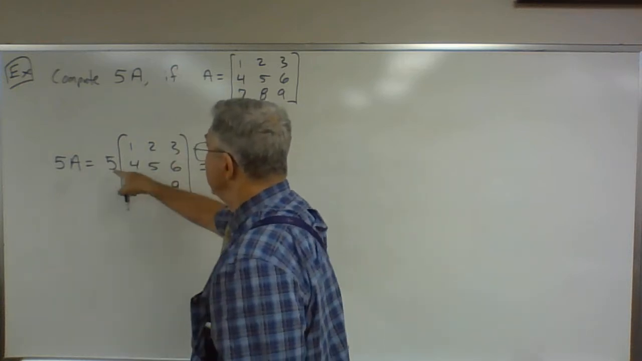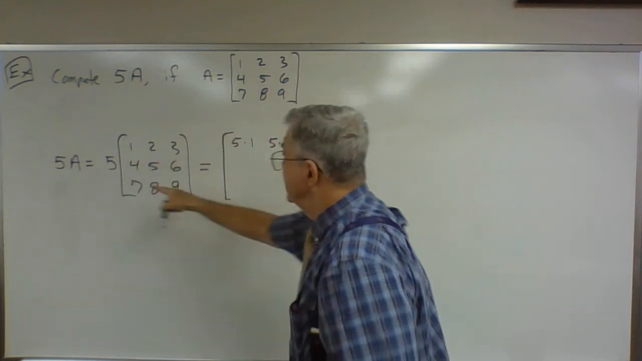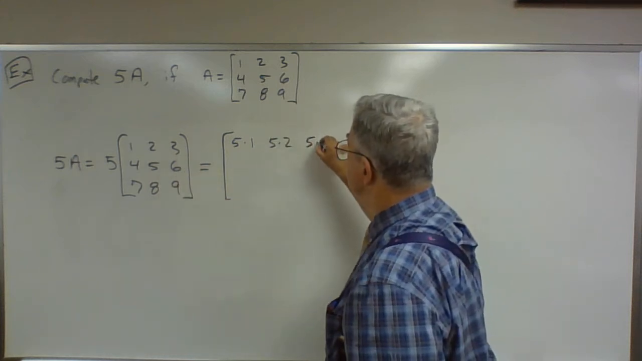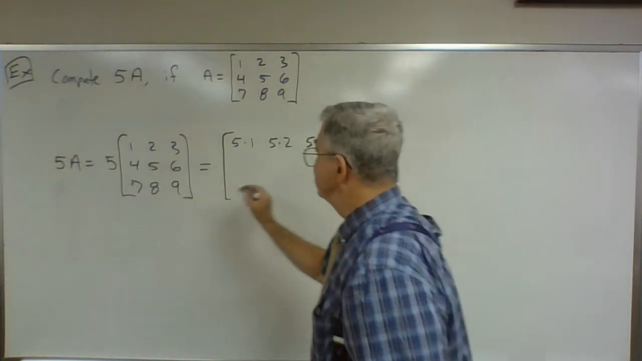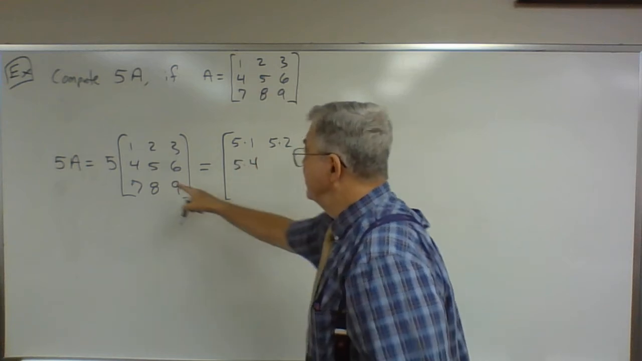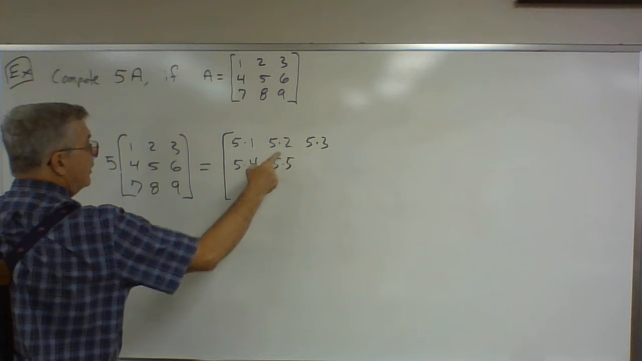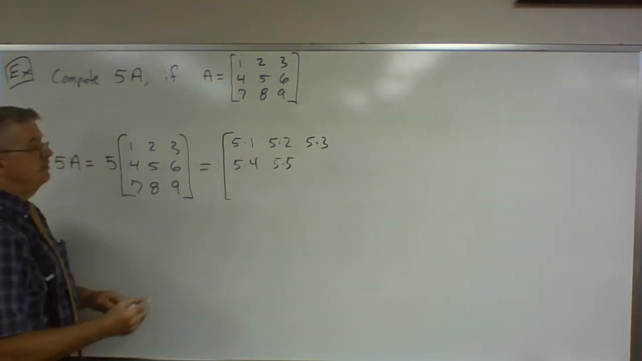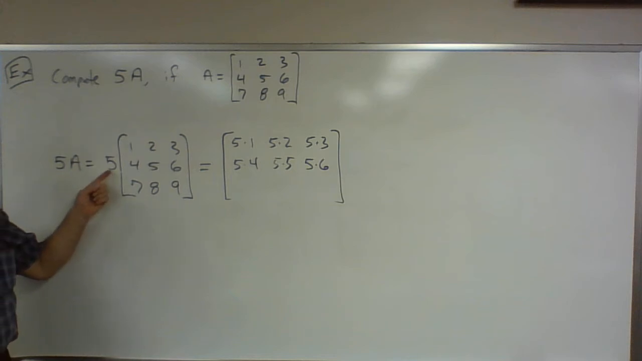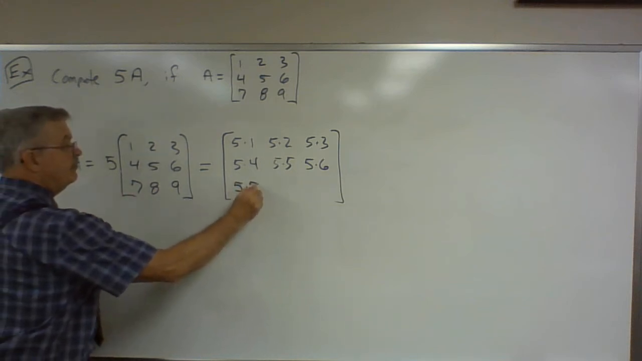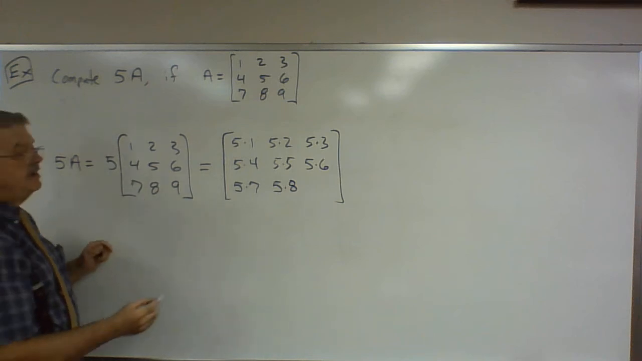In the first row, we'll have 5 times 1. We'll have 5 times 2. And we'll have 5 times 3. Then we do the same with the second row. In the second row, we'll have 5 times 4, 5 times 5, 5 times 6, and then we move down to the third row. 5 times 7, 5 times 8, 5 times 9,